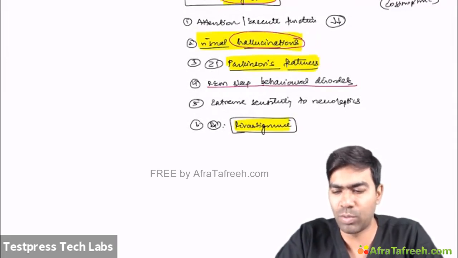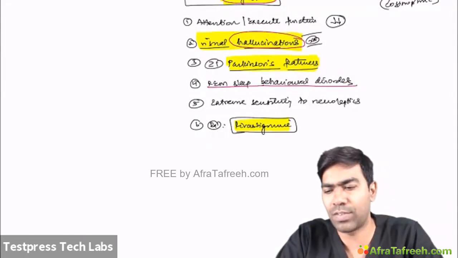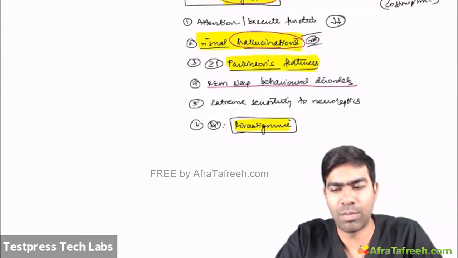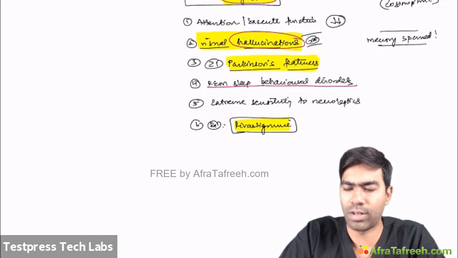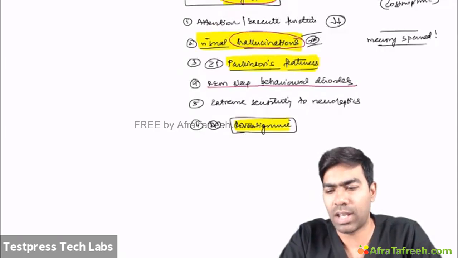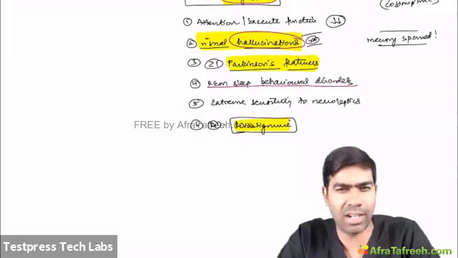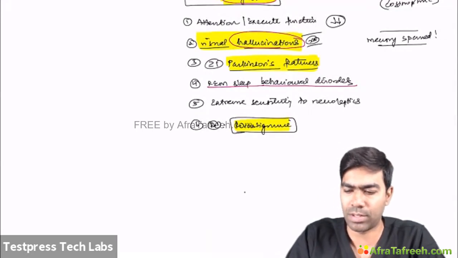So the exam clue will mostly be the visual hallucinations. Any patient with NCD and visual hallucinations, think about Lewy body dementia. Remember here, memory is spared, in the sense that there will be no problem in the memory at all. That's why I told you, apart from Alzheimer's disease, most of the other cognitive dysfunctions will have a reasonably spared memory, or you can even have a normal memory most of the times.